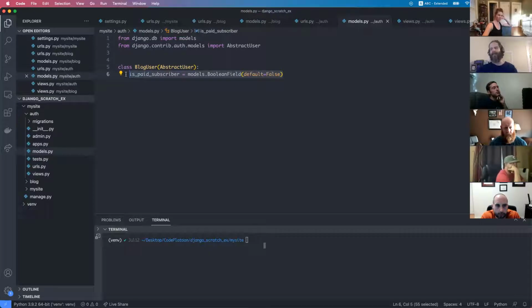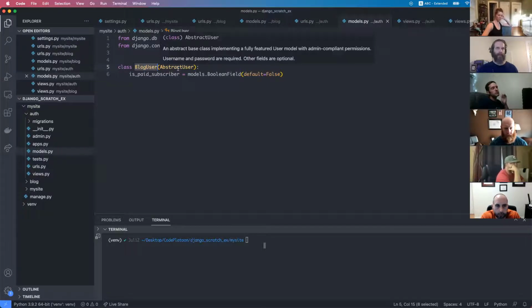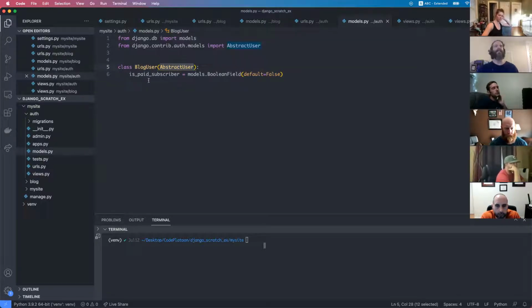So if we did this as a one-to-one relationship with a profile, we could call this profile, and that would inherit from models.Model, and then this would be a models.OneToOneField with the built-in user. All right, so we have this, and we have changed the user that we want